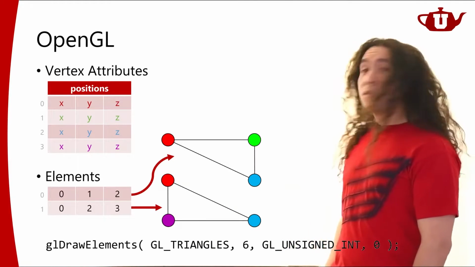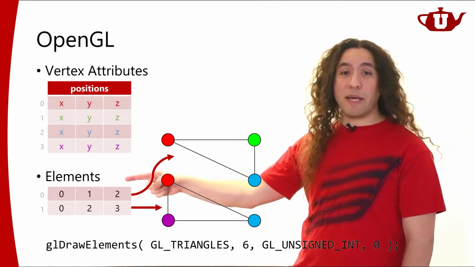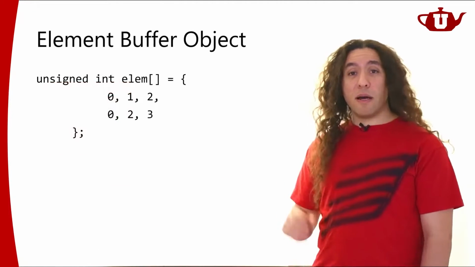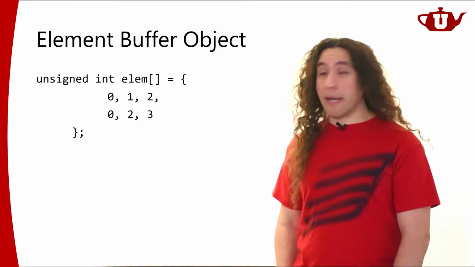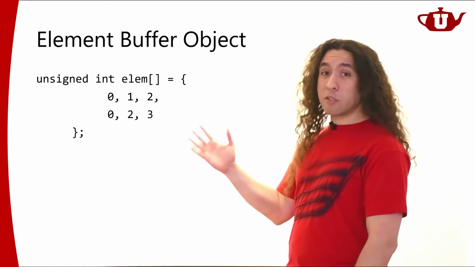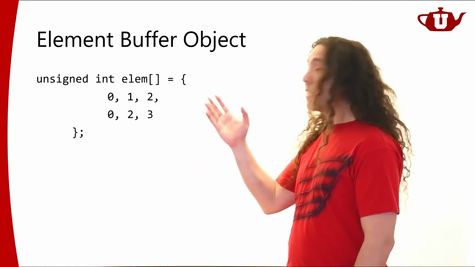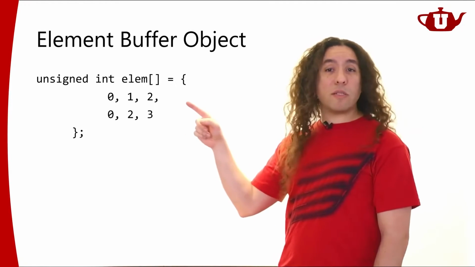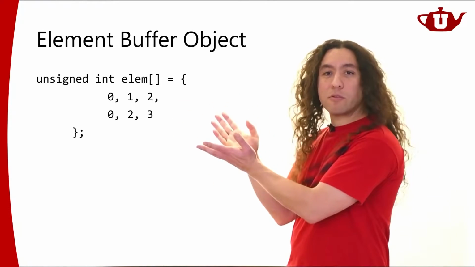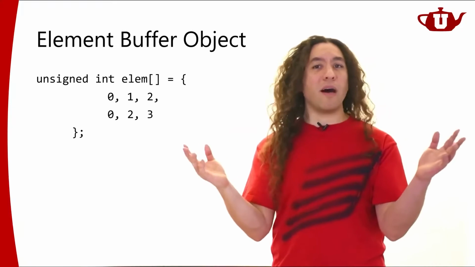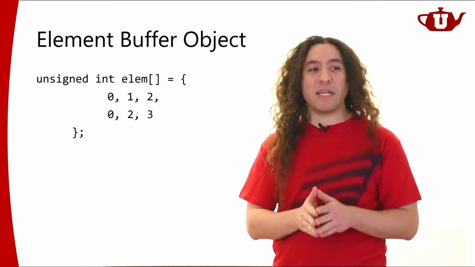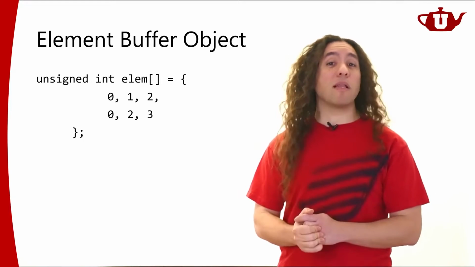Now, to be able to use this, we need to generate this element array, this element buffer. So let's talk about how we could do that. So an element buffer data could look like something like this. Like I have unsigned integers, 0, 1, 2, or 0, 2, 3. Obviously, these are very small values, right? I don't need a full 32-bit unsigned integer to represent them. I could actually be using a lot fewer bits. And the graphics API will allow me to do that.